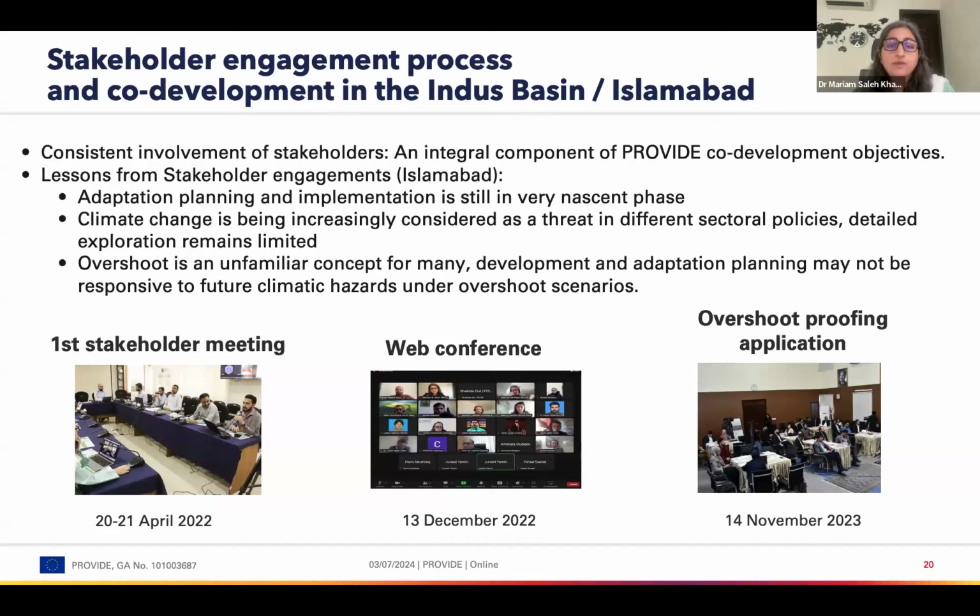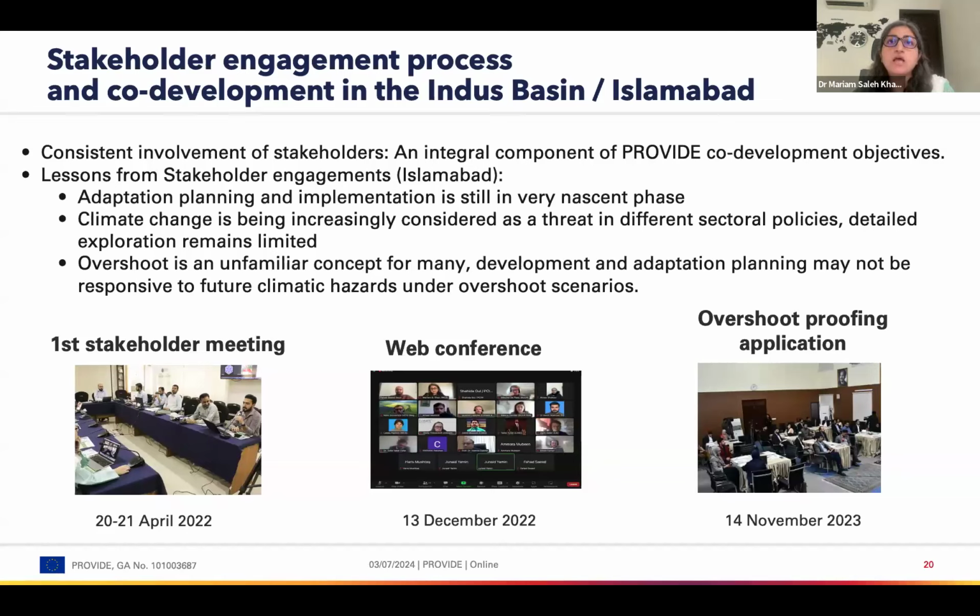As per the application of the overshoot proofing methodology, as you can see in our last stakeholder engagement meeting, it showed that existing policy recognized climate change as a significant threat, but they are currently limited in exploring the projected intensity of various hazards, and it really needs to enhance the adaptive capacity at the local level. Sector-wide adaptation and implementation are still in the nascent phase, as we figured out through these